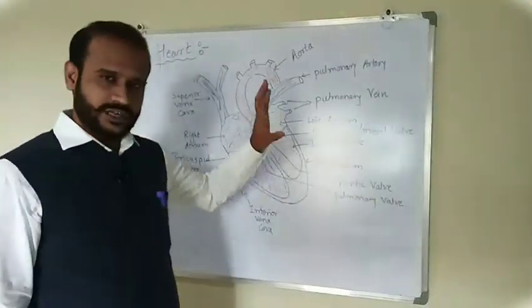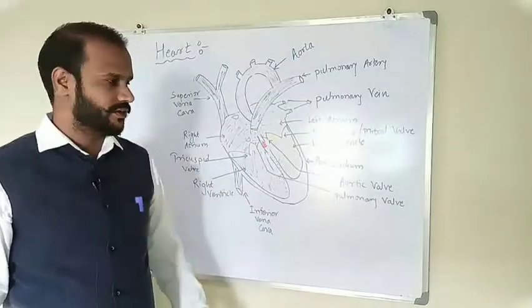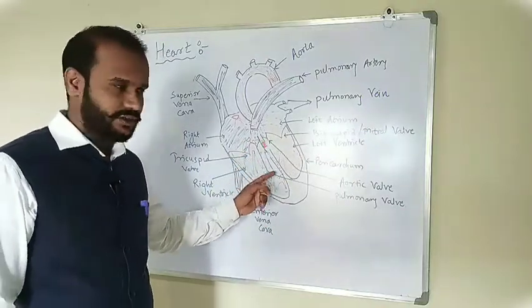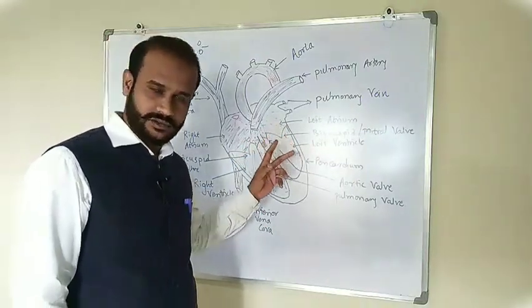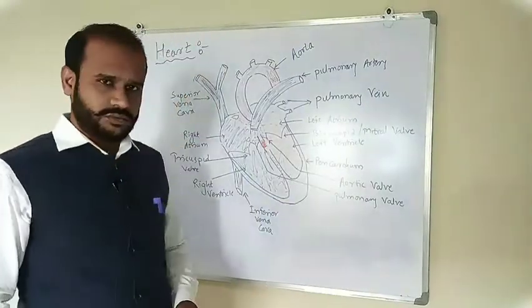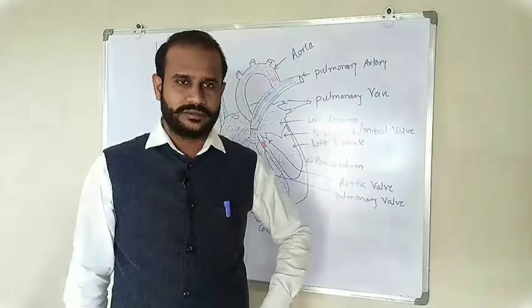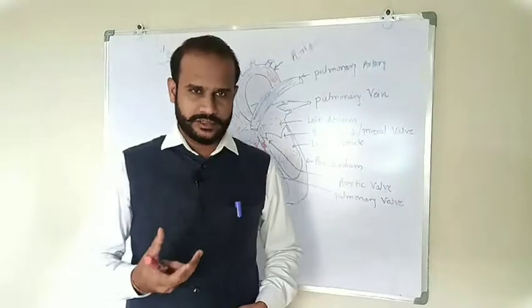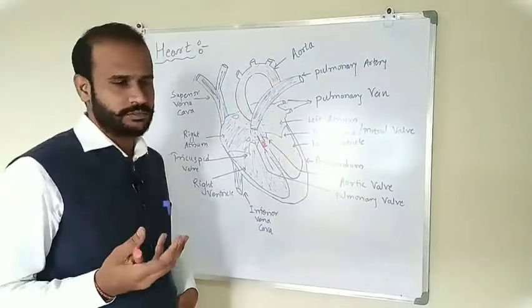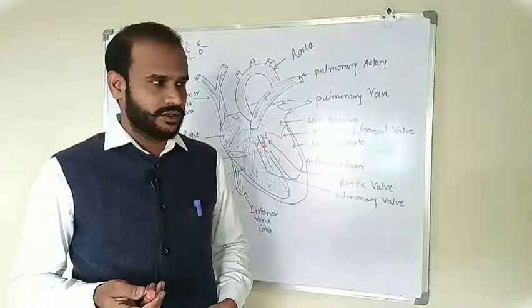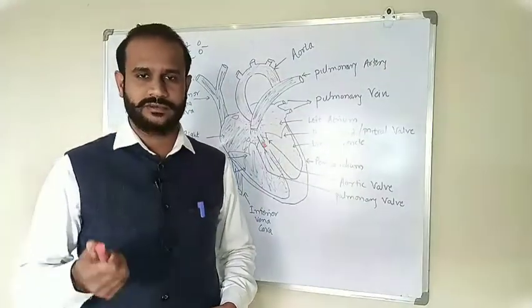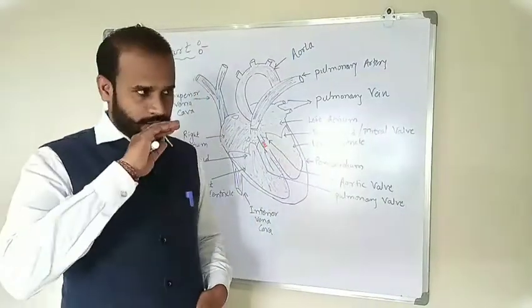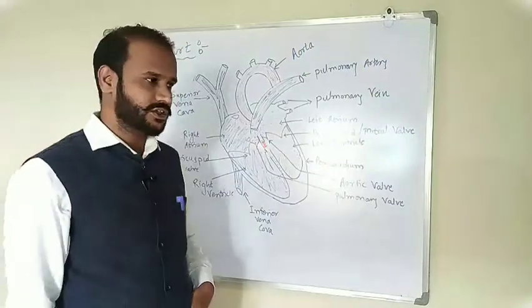Alright, so there are 4 different chambers in the heart, like 2 atria and 2 ventricles. This is the right atrium, right ventricle, left atrium, and left ventricle. Alright. So, what is the main purpose and function of the heart? It circulates the blood throughout the body. But what does that blood carry whenever it goes to different parts of the body? Mostly it carries oxygen as well as glucose, carbohydrate, and other nutrients to the tissues and cells.